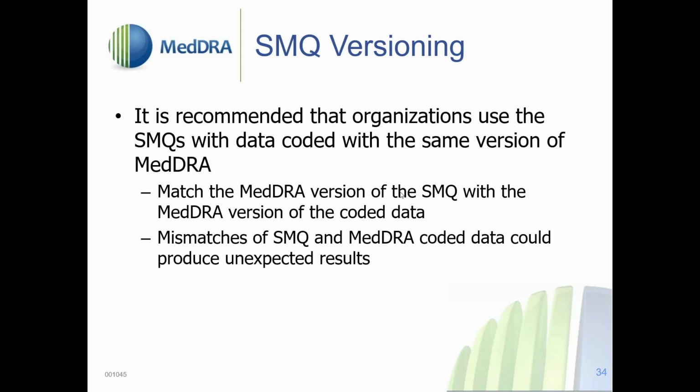You might want to code that term and already did in your data, and you run the old SMQ, which did not include that term. You would not find all these new coded cases, and you would just look at part of the data which you should have retrieved. So important to always use the same SMQ version and the same MedDRA version as the MedDRA version your data is coded in. The same applies if we change